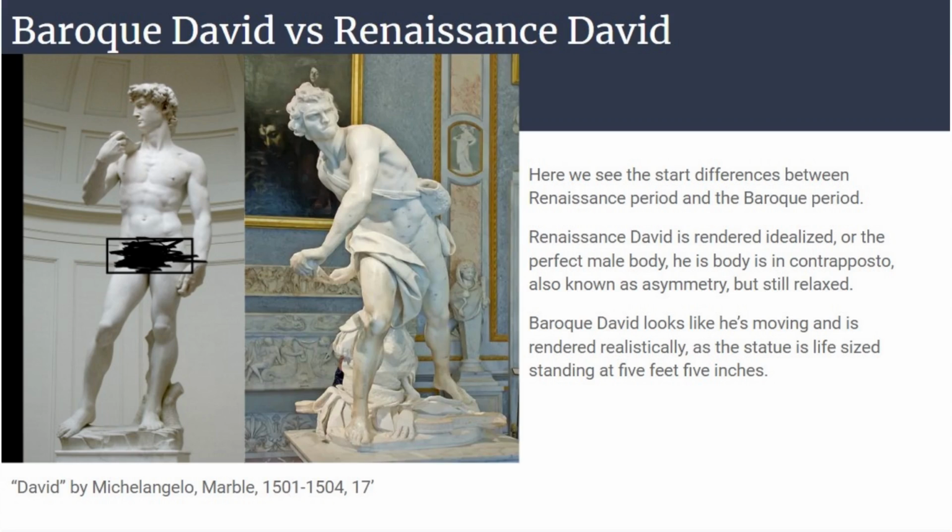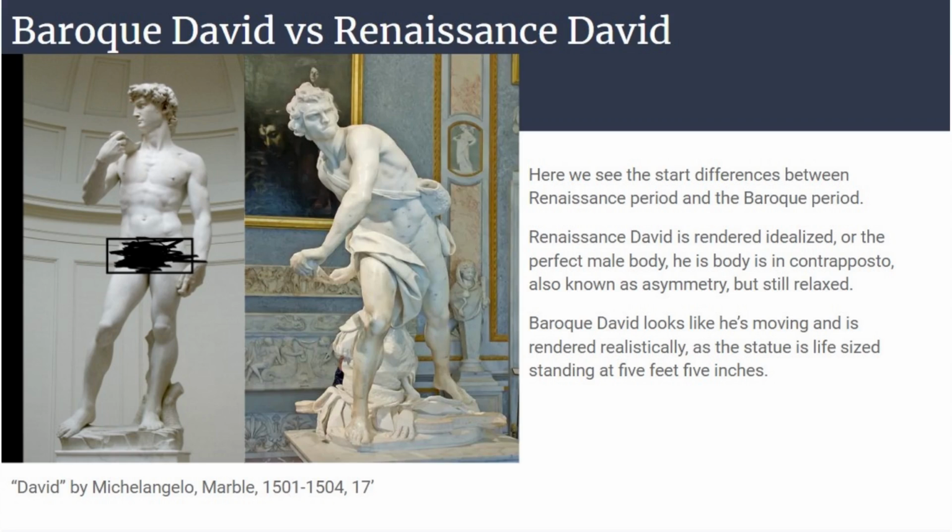Now, Renaissance David is in contrapposto, which means his hips and shoulders are not aligned, though his figure is overall stagnant, as he is standing still and is quite balanced. His figure is also idealized, meaning it was constructed in a style of the perfect male human body. But the most important thing I want to point out about this piece is that he is 17 feet tall,